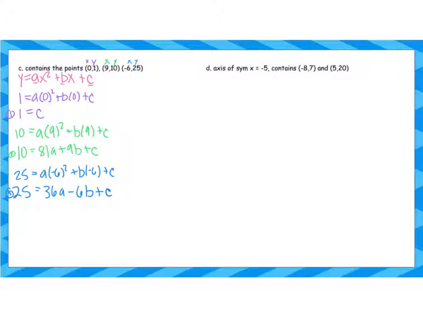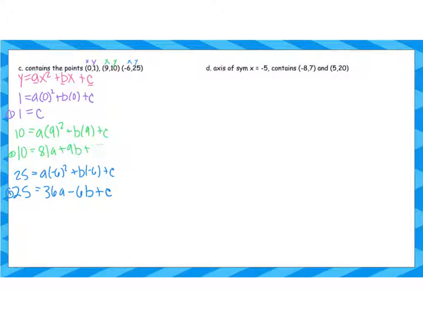So now I have 3 equations and I have a 3-variable system that I can solve. What's nice about this one is it's going to be a little bit easier to work with because I already know what c is. So I'm going to take that c value and plug it in to both c's in those other 2 equations, because this one's going to work out really nicely and simplify pretty well for us. So when I plug in c on this equation,